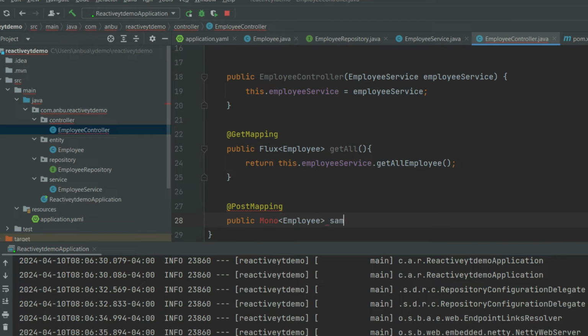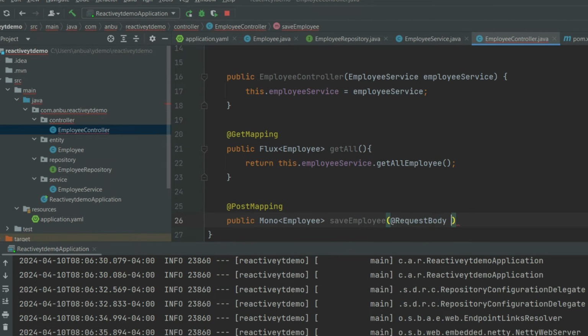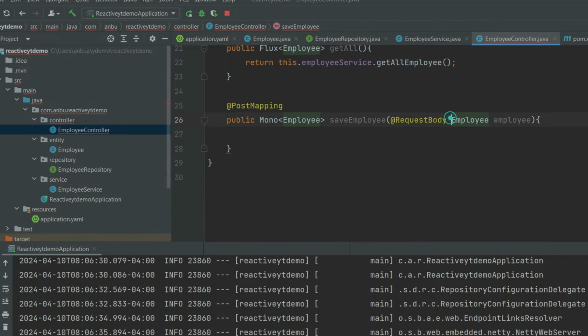Let me name it saveEmployee, with @RequestBody of Employee, right? So we are going to get this as a Mono,